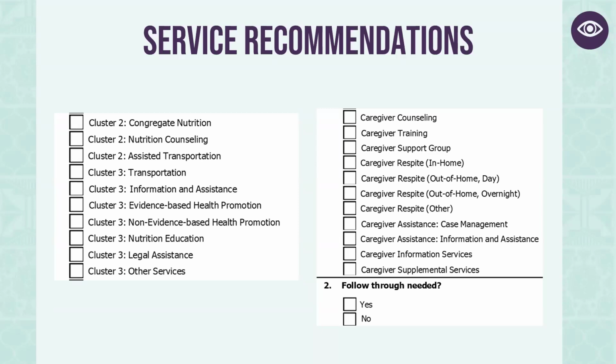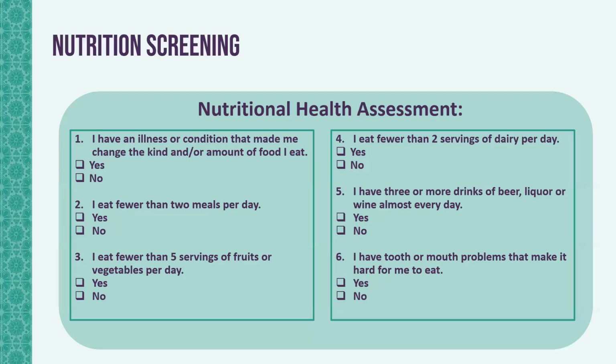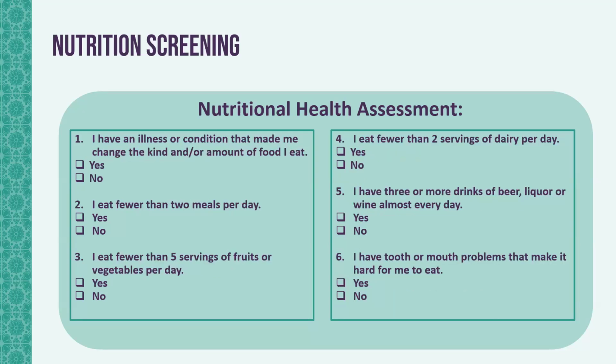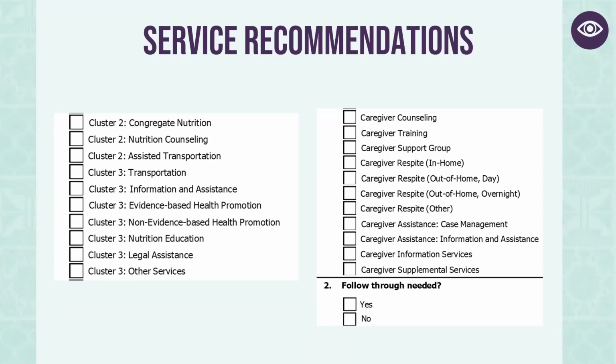Assessment or service, are you talking about? Assessment. I'm talking nutrition screening. I was being tricky here. So again, here's the nutritional health assessment, and I did get the one corrected on this one. So there's the nutrition assessment. So if that person needed congregate or home delivered meals,